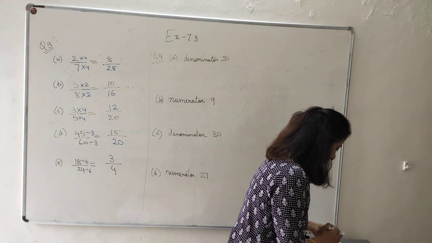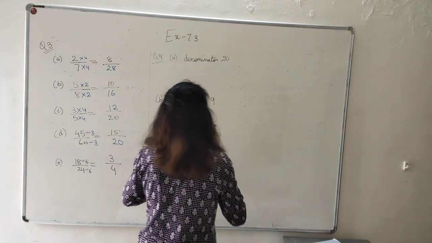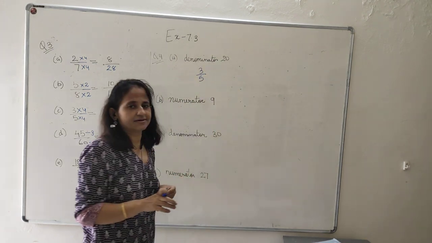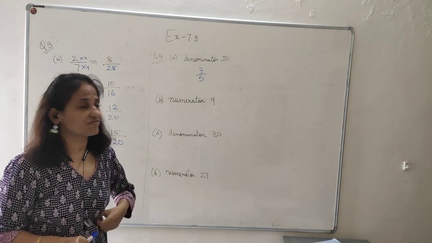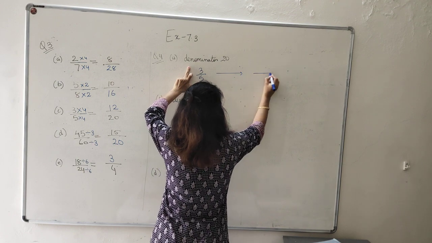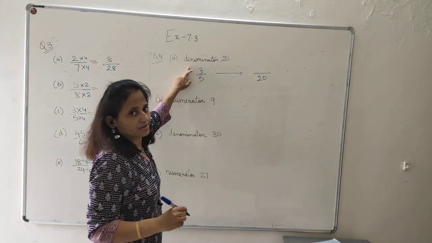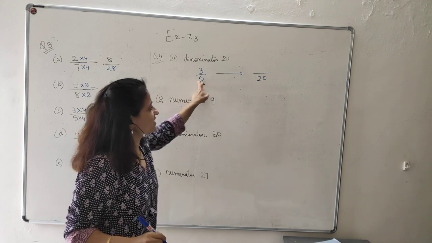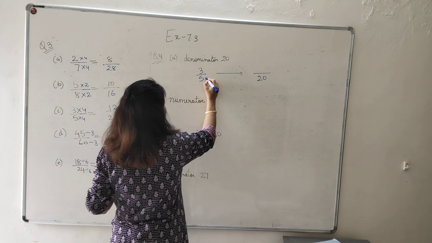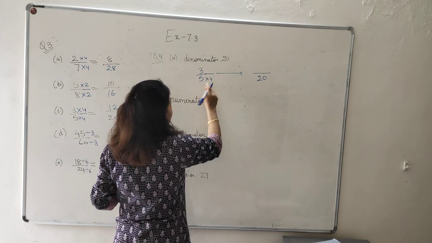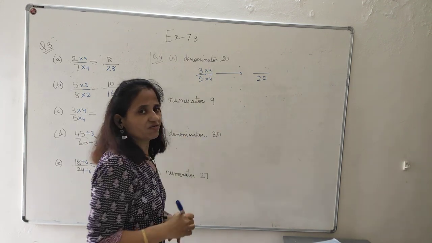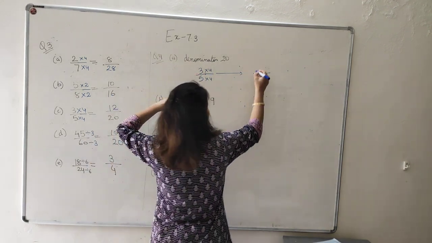Now, I have got a fraction with me. In the question it is 3 upon 5. Is it clear? I want to find its equivalent fraction in such a way that the denominator I should get is 20. So what should I do to 5 to make it 20? From small to big, we will multiply. I will multiply it with 4. If I multiply the denominator with 4, I have to multiply the numerator also with 4. So 3 4s will become 12.